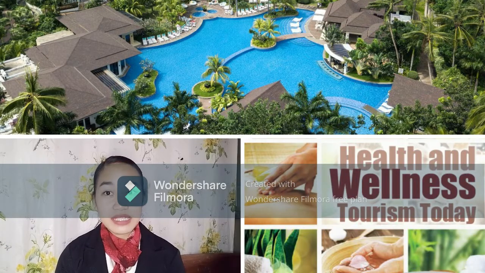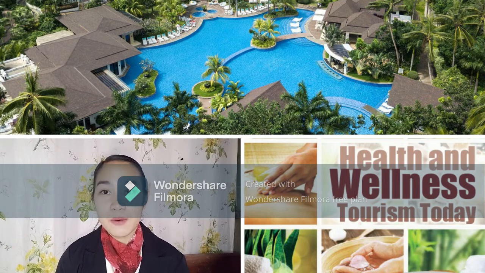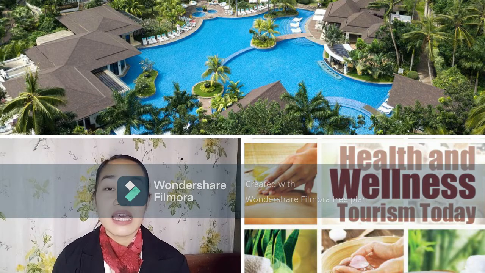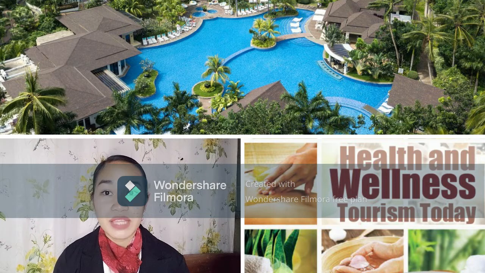And the last one is the Mixed-Use Tourism Zone. This area will allow a combination of some or all of the features of the aforementioned zones within the area. Retirement communities and facilities duly accredited by the Philippine Retirement Authority may be located in the General Leisure Tourism Zone, Health and Wellness Tourism Zone, and Mixed-Use Tourism Zone.